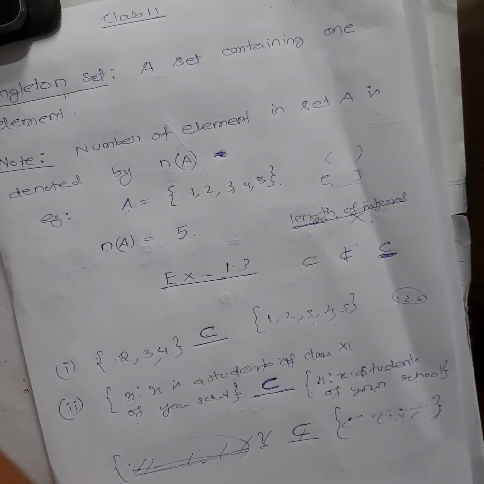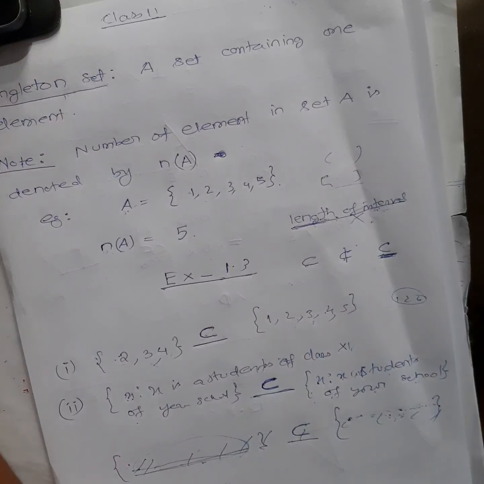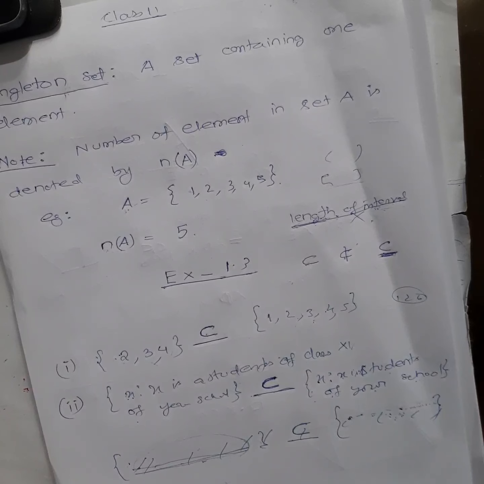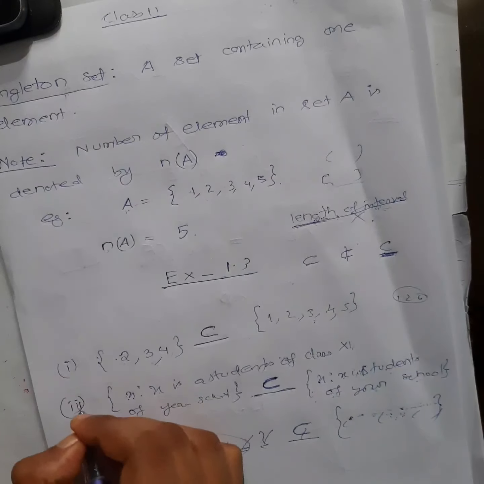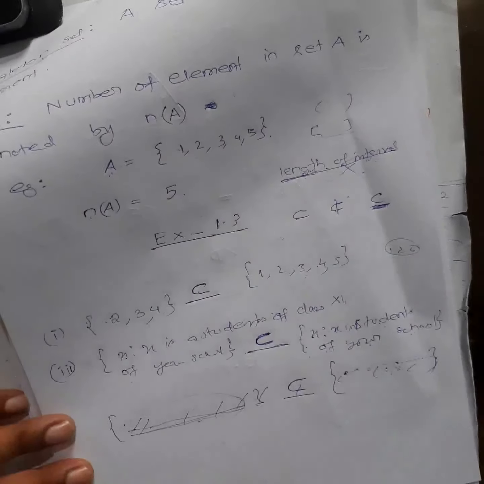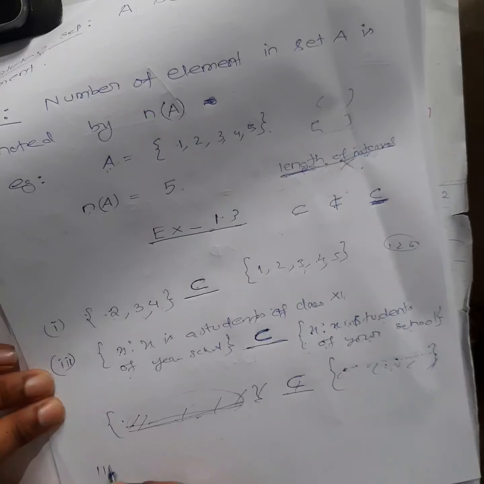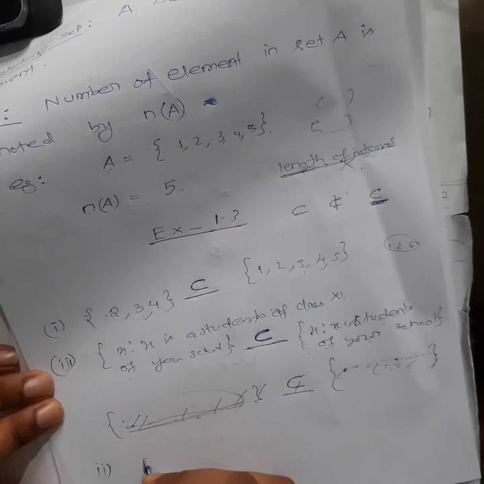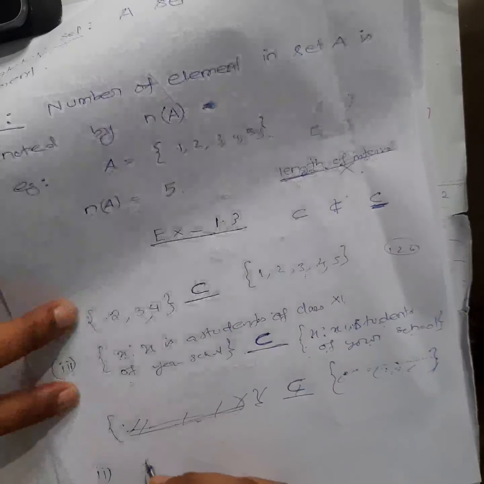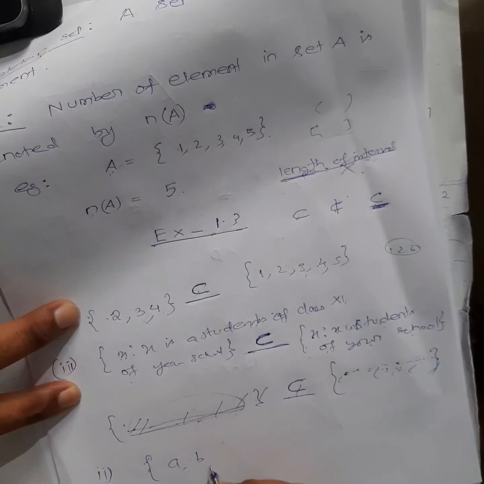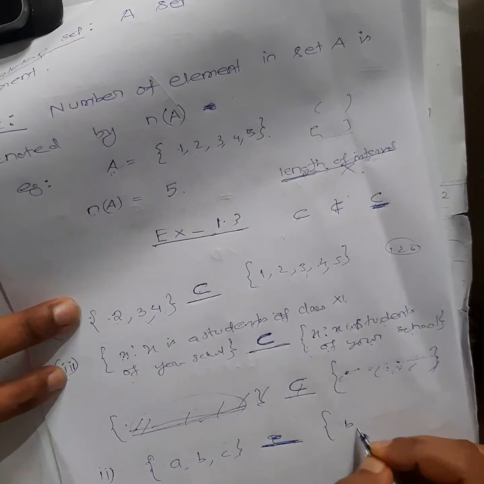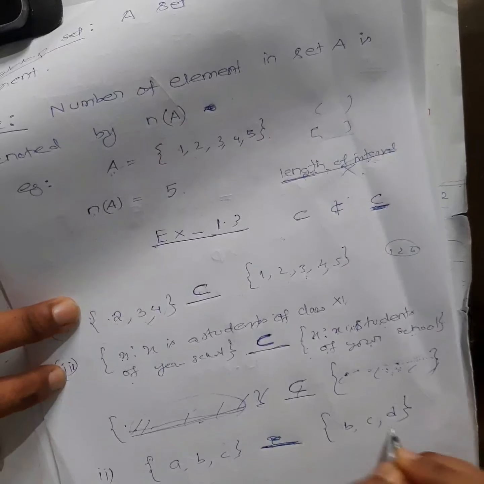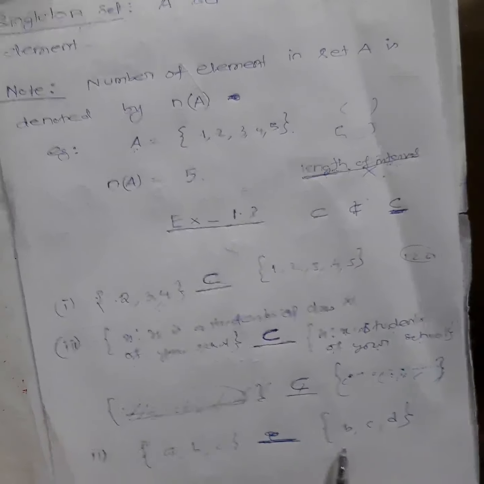Next, question number 3. So number 3, what does it say? Oh sorry, this was number 3 actually, right? Number 2 was A, B, C. Okay, it was very small, so I could not see. Your number 2 elements are A, B, C, and a dash is given. Then what is your next set? B, C, D. So in your next set, the elements are B, C, D.